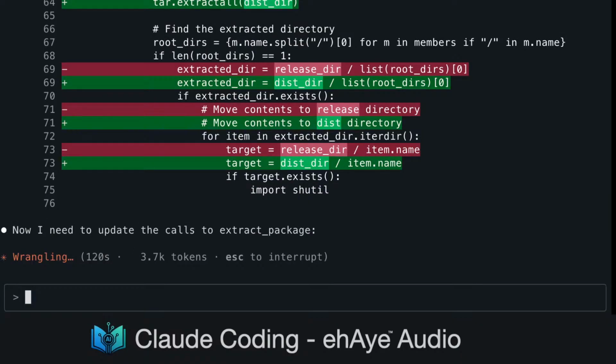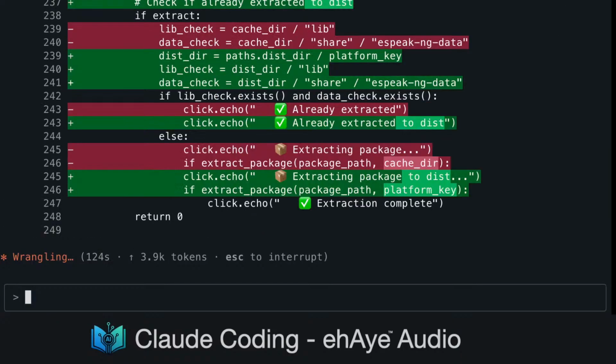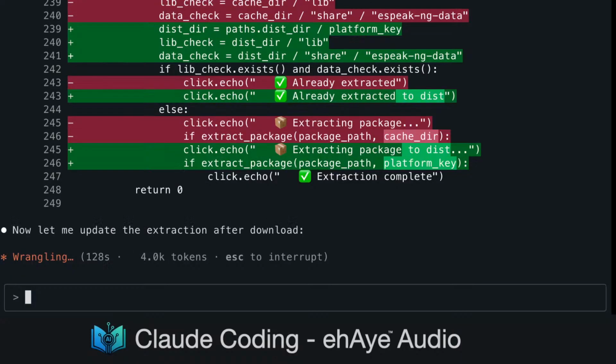Now I need to update the calls to extract package. Now let me update the extraction after download.